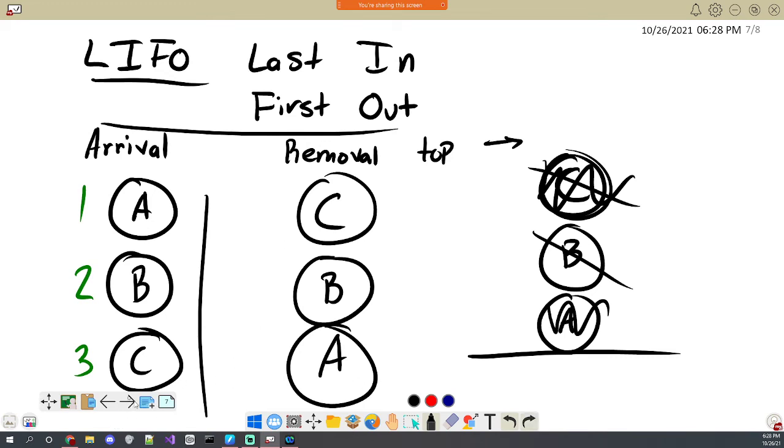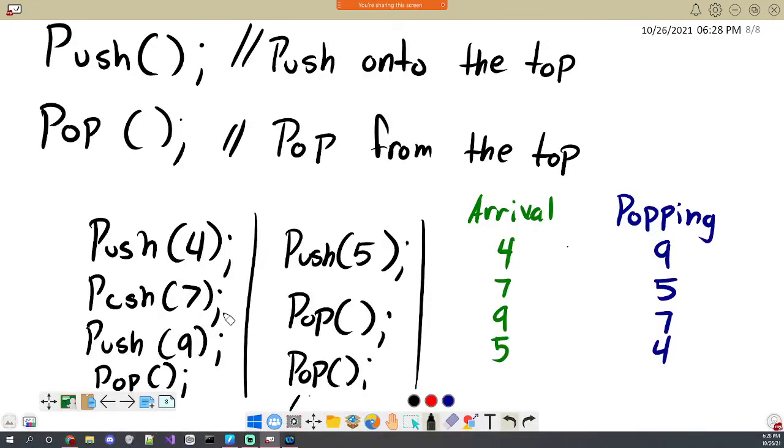But that's not the case if you have some pops in between your pushes. So notice I have a pop here before there's another push. And what happens is that the arrival order is 4, 7, 9, 5, but the reverse order is not 4, 7, 9, 5 backwards. 9 was popped before 5 got in, which means that when we do popping, it's not always the reverse order, but we can almost get that as a clue as to why it would be useful, in that it goes in a reverse order, so it keeps some sort of history about the things.